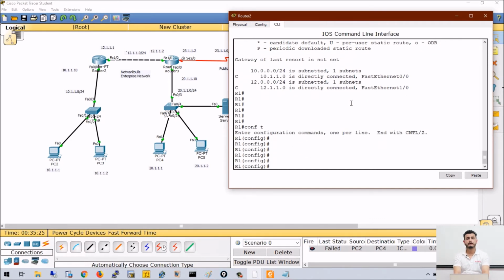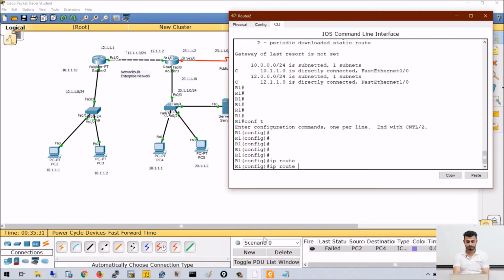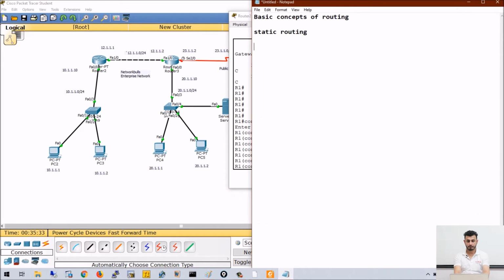If you ask me how to configure a static route, the command will be ip route. Let me write it here, ip route. First you have to specify the destination network. After that, the subnet mask for that network, and at last you will specify the next hop.